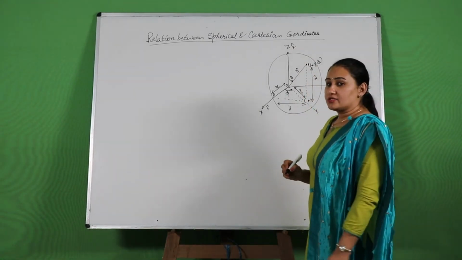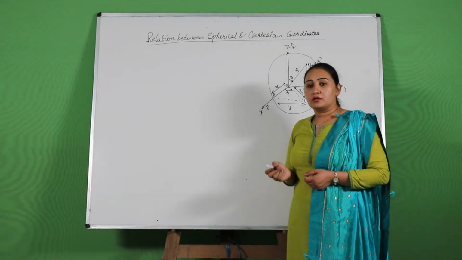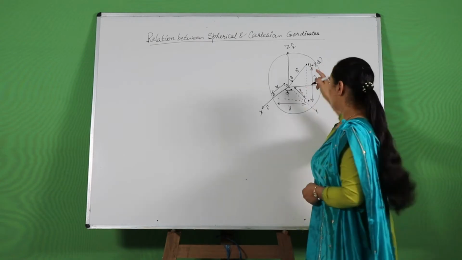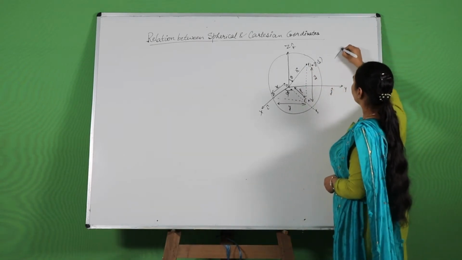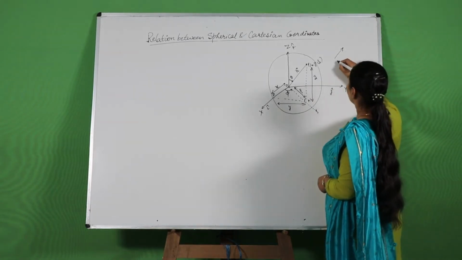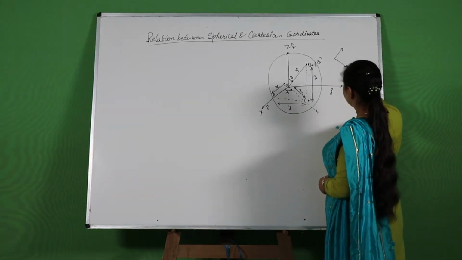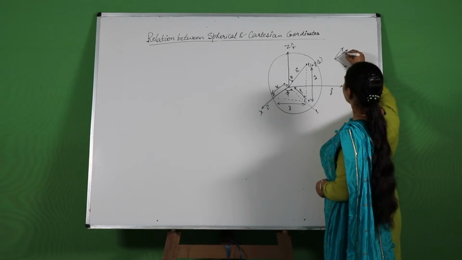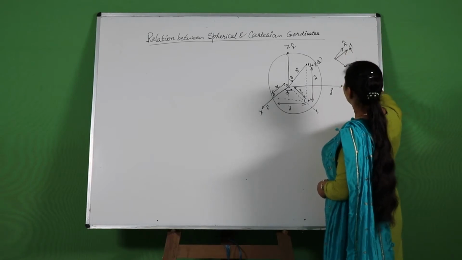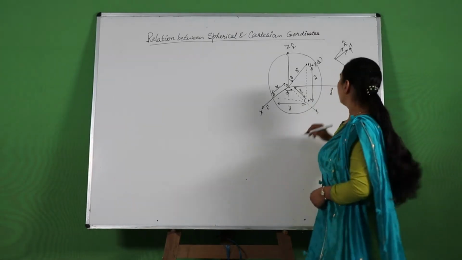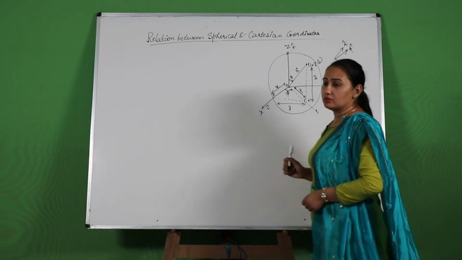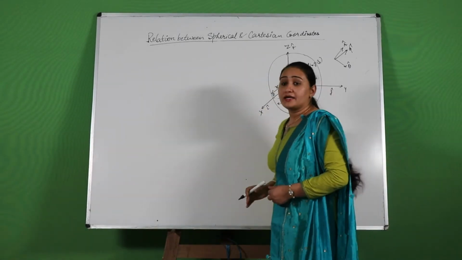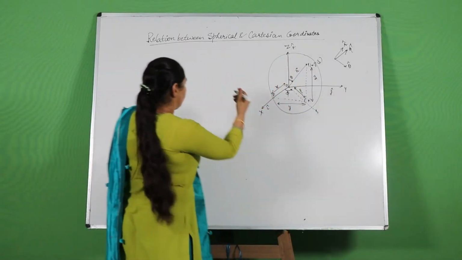And I told you in the last lecture that we have unit vectors of spherical polar coordinates moving in the increasing direction of these coordinates. Like in r, we have a unit vector along the increasing r. We have a unit vector along increasing theta, since theta is increasing like this, and we have unit vector phi increasing like this. So this is r cap, phi cap and theta cap, and of course they should be perpendicular to each other.